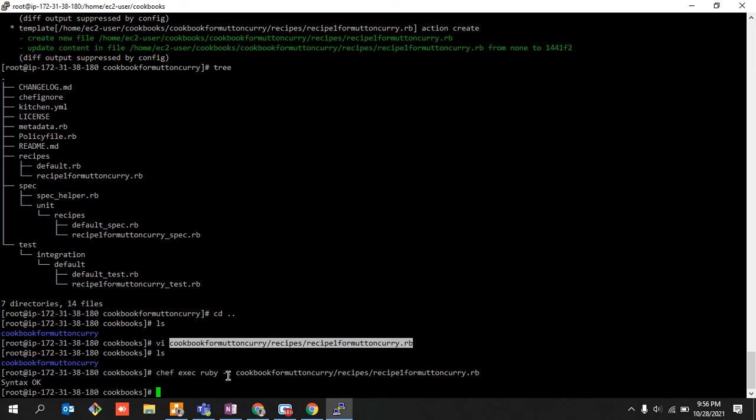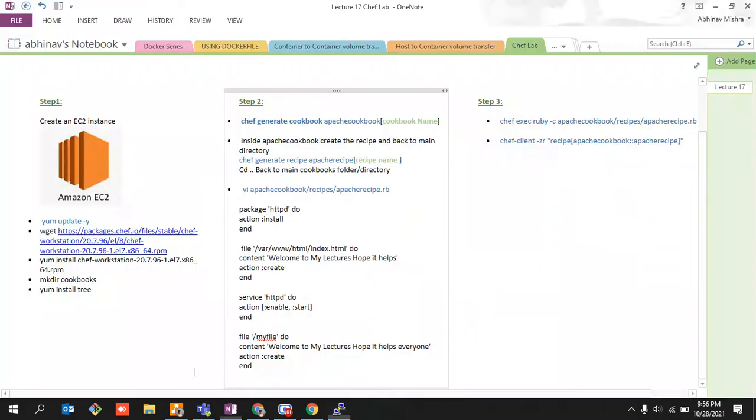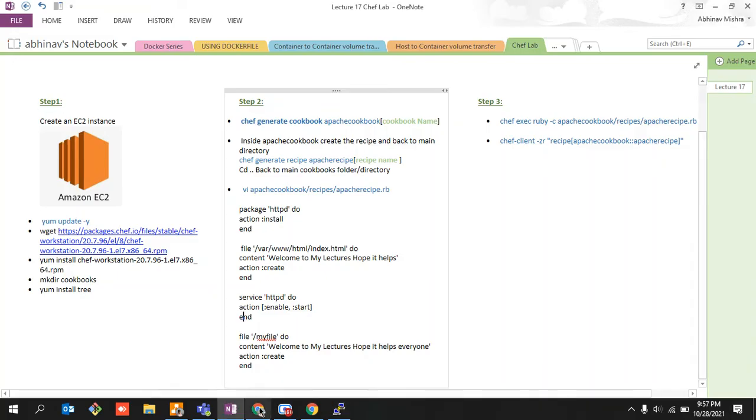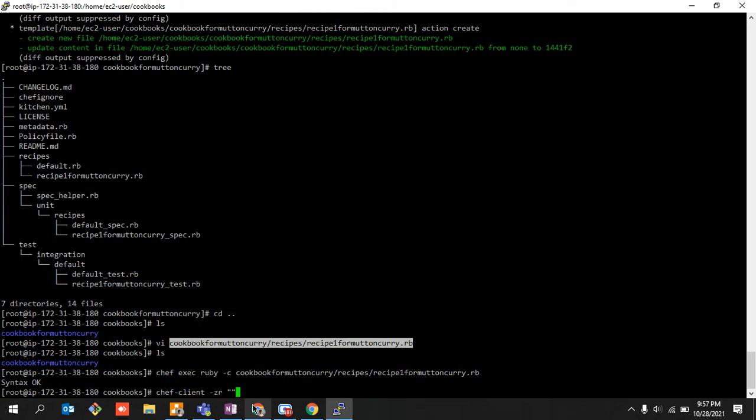The code is written in Ruby. You are checking, this is the location, it is going here and then here, and it checked that whatever you wrote, whether it was your recipe or your set of instructions or your code for some machines, is okay and fine. So syntax is okay as of now, and you just need to execute this particular command. That's it. So chef-client -zr basically means we are working on our local machine. We want to execute this piece of code onto our local machine. So z represents that particular thing, right? And this is the way to execute.